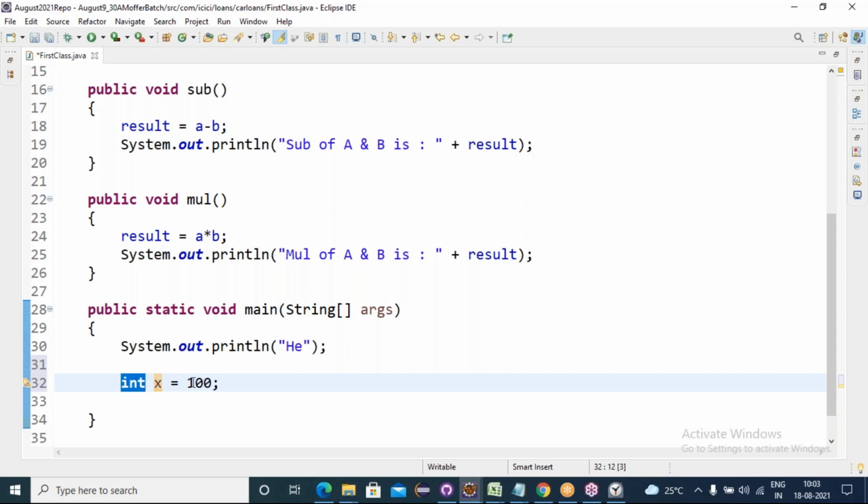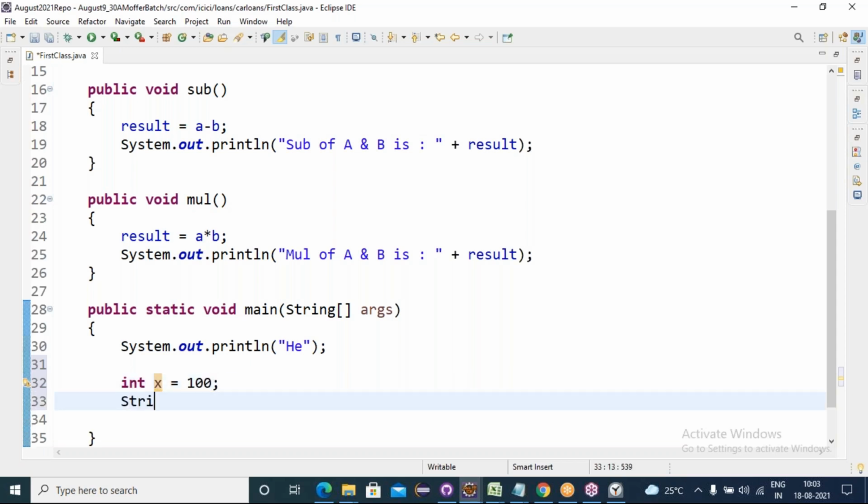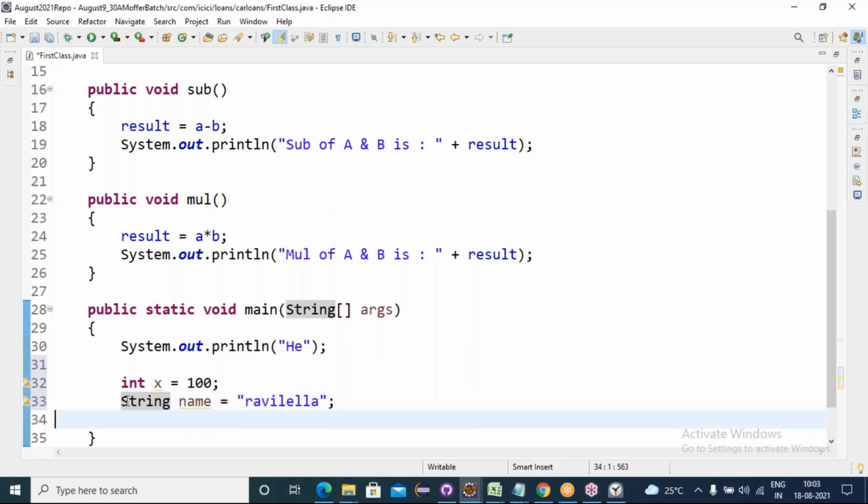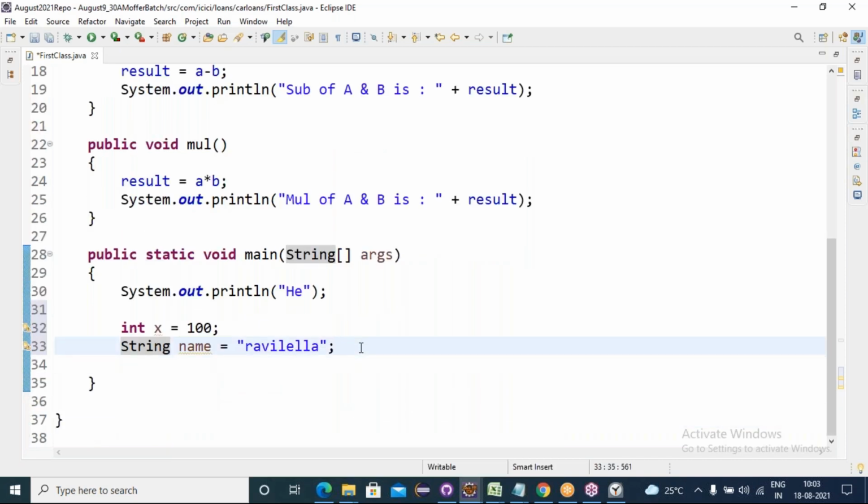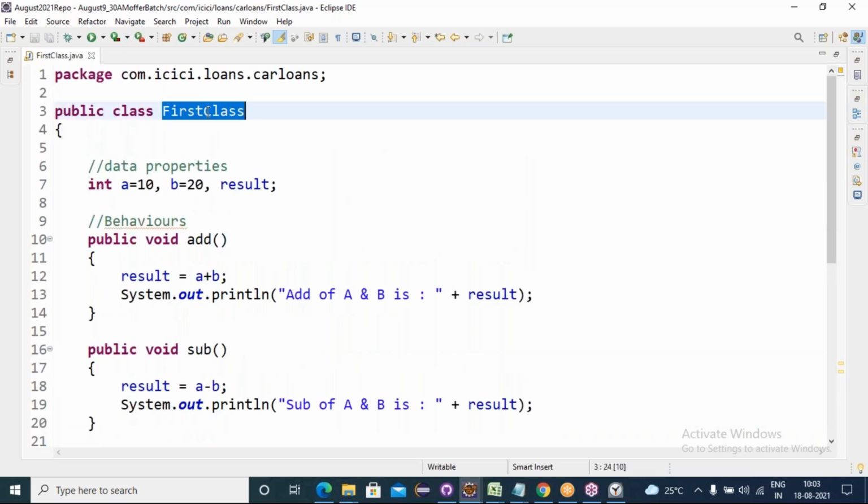Suppose string name equals Ravi Lela. Ravi Lela is a string object stored into the name variable, of type String. Understood? Now we are creating the first class object.